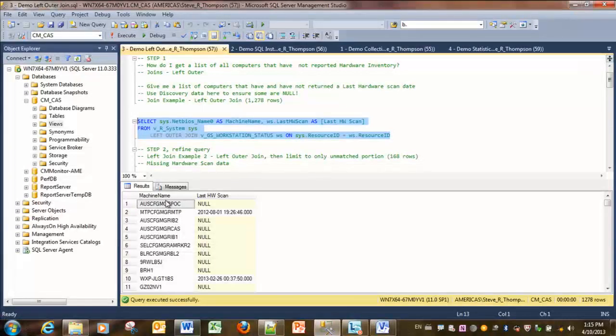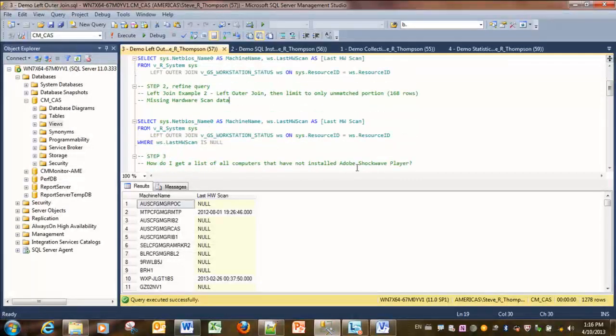And there's a couple of examples. I'm renaming the netbios_name0 as machine name, and also a way of showing you how to insert spaces into the column name as well. So to return, now my question again was how do I return them where the last hardware scan date is